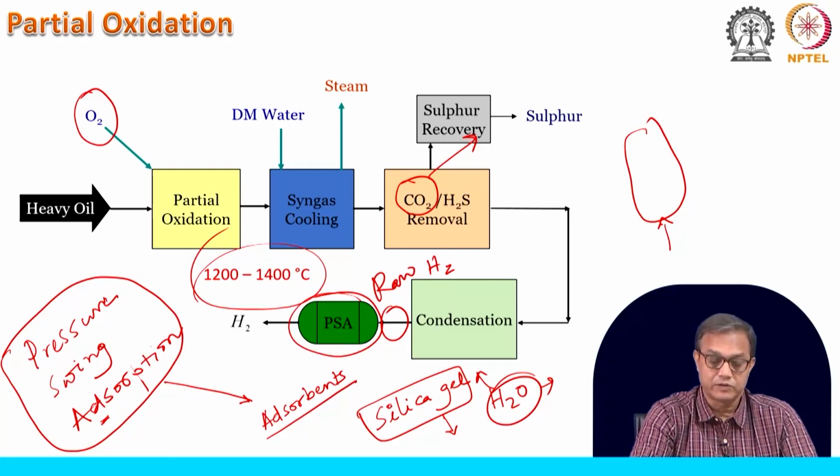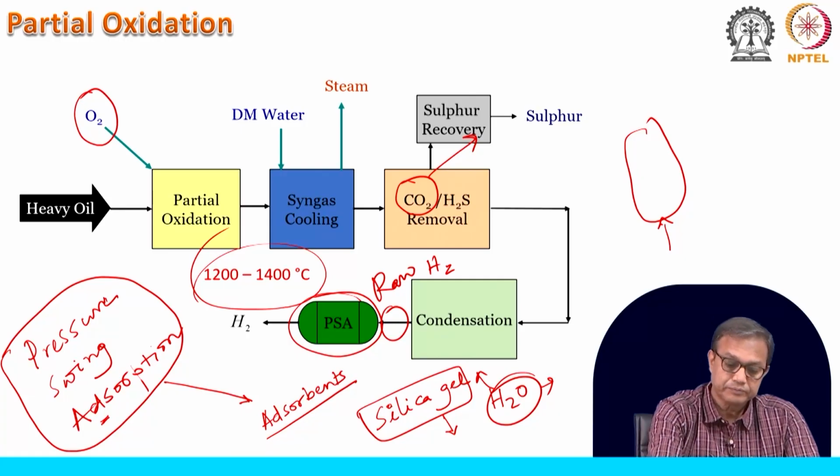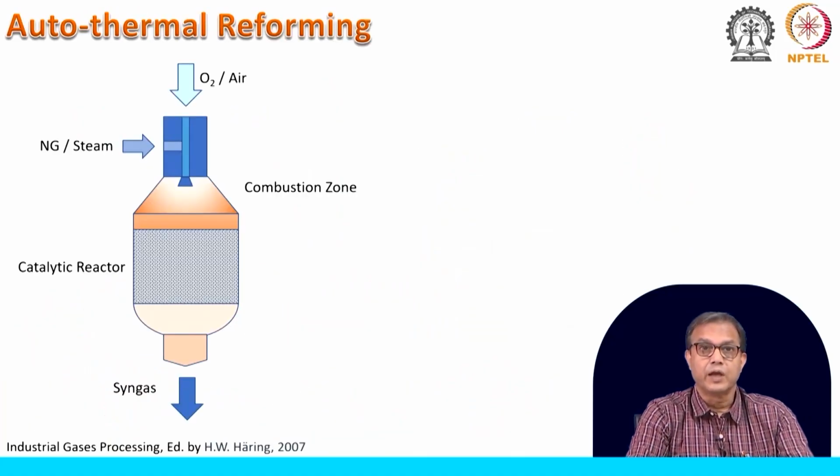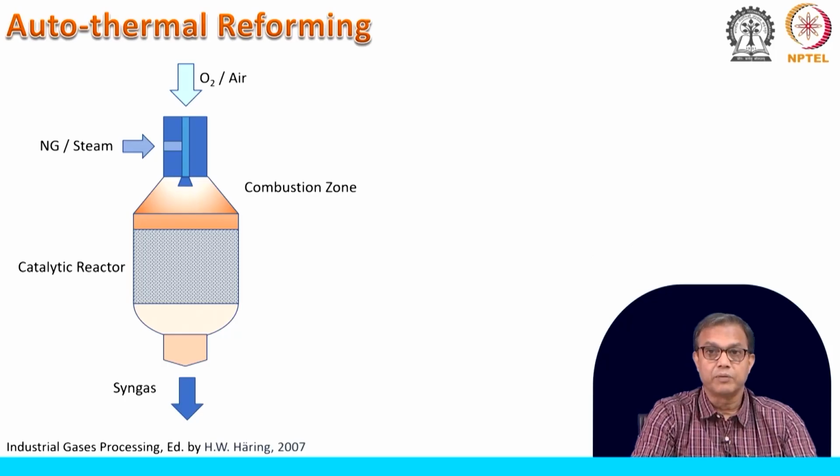again by depressurizing it. So, that means it is an intermittent process where you will find successive pressurization and depressurization trying to purify this raw hydrogen, and from there we are getting the pure hydrogen. So, that is about the partial oxidation, and now as we have learned the third one, that is the autothermal